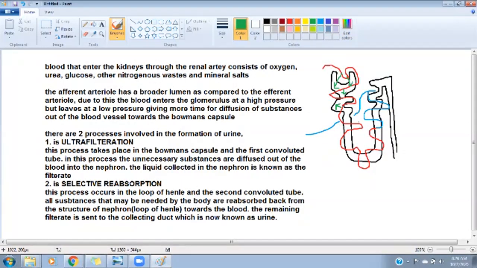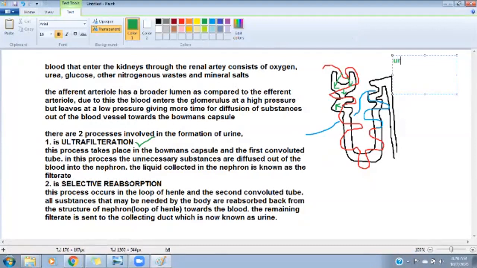ठीक है, ये क्या है? अल्ट्रा फिल्ट्रेशन। ये देखो, ब्लड से बोमन कैप्सूल की तरफ चीज़ें जा रही हैं। फर्स्ट कॉन्वोल्यूटेड ट्यूब में भी यही हो रहा है और बोमन्स कैप्सूल में भी हो रहा है, and this is the process of ultrafiltration, यानी substances are moving from the blood towards the Bowman's capsule. अच्छा, क्या क्या substances move कर सकते हैं ये भी list down कर देते हैं। हम green में list down कर रहे हैं ताकि तुमको पता चले। सबसे पहले of course यूरिया, उसको तो रिमूव ही करवाना है। ठीक है, उसके अलावा ग्लूकोज भी रिमूव हो सकता है क्योंकि वो स्मॉलर मॉलिक्यूल है। फिर उसके अलावा हमारे पास मिनरल सॉल्ट्स रिमूव हो सकते हैं। ठीक है, क्योंकि ये भी स्मॉलर मॉलिक्यूल्स हैं, और साथ ही साथ of course वाटर रिमूव होता है। ठीक है, तो ये बेसिक चीज़ें हैं जो हमारे यहाँ पे रिमूव हो रही हैं।